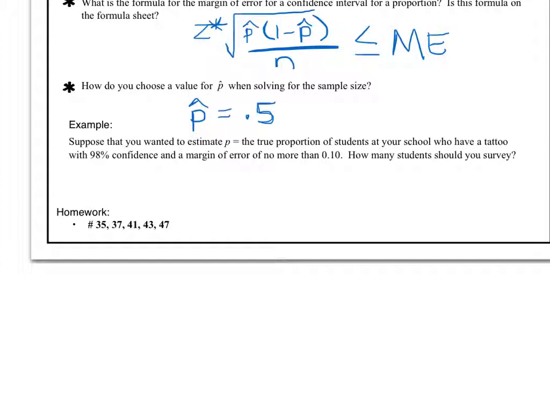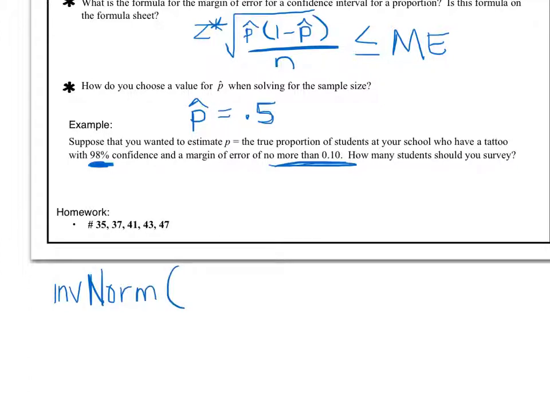Suppose that we wanted to estimate p, the true proportion of students at your school who have a tattoo, and we want a 98% confidence level and a margin of error of no more than 0.1. So that's when I use this formula to figure out how many students I should survey. I need my z star for my 98% confidence. So I plug that into my calculator, and I say the inverse norm